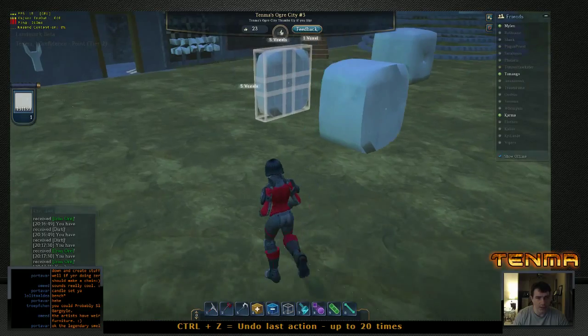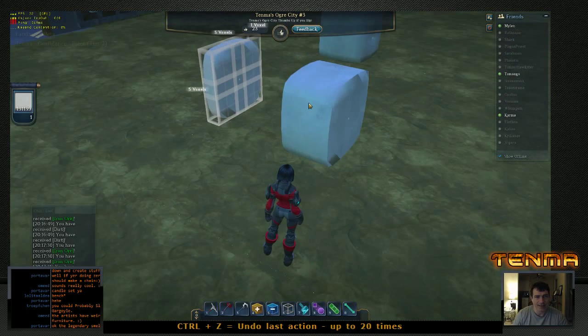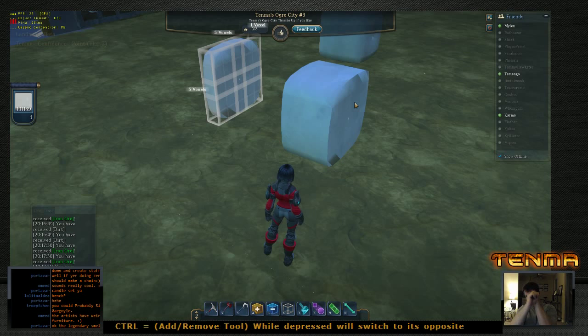Now, basically what I've done right now is I've forced that center 5x5 to conform to this 5x5. So that center voxel of the 5x5, 5 this way, 5 this way, that meeting point in the center should have been compressed down into a very thin